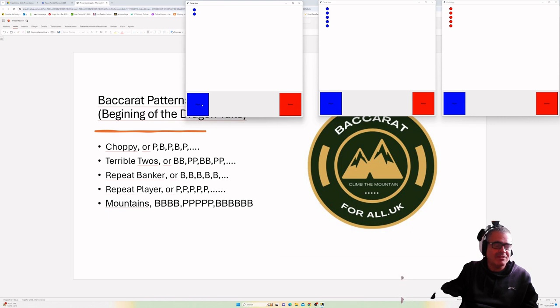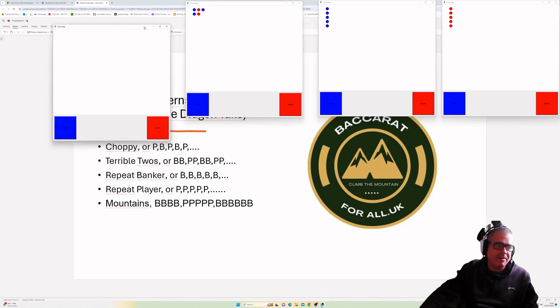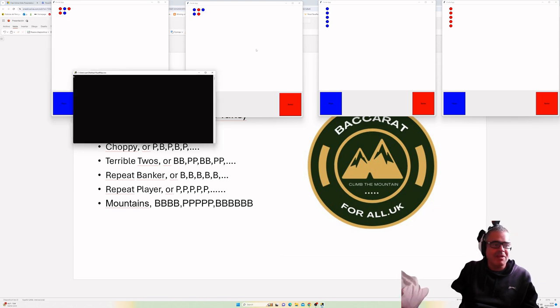It is basically this: player, player, bank, bank, player. So you expect player to come. And this one could be drawn in many ways. I will draw all of them. In this case, it starts with two players, two bank, and one player. The other one is two bank, two players, and one bank. And the other two